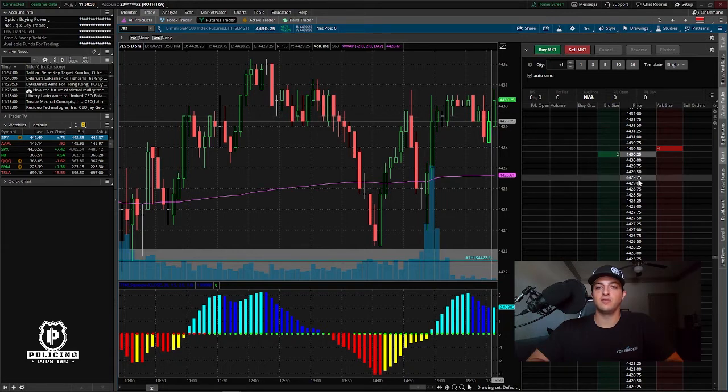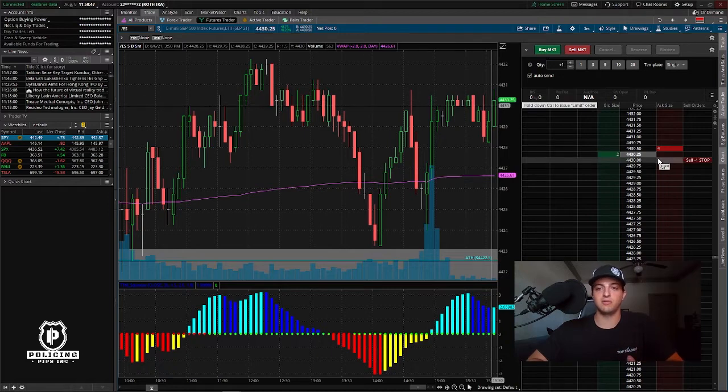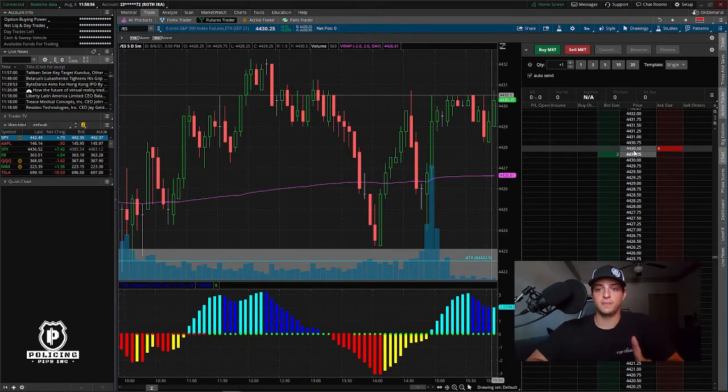So we're 44, 29, 25, 50, 75, 0. Each one of these ticks per contract represents $12.50. So if this price currently, since we are closed, it's not moving, right? Since this price currently is 44.30.25, if it were to go up to 44.30.50, which is just one tick, that increases my profit on the day by $12.50. If it goes up again, that's $25, and so on and so forth. That's per contract. If it goes down, you lose that same dollar amount, $12.50, $12.50, $12.50, and so on and so forth.